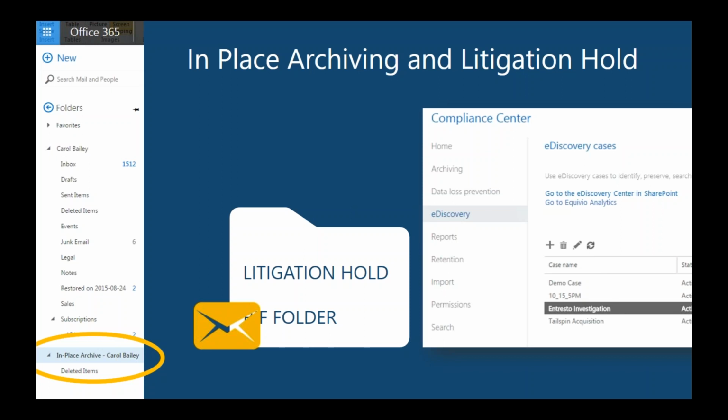And then from a search perspective, Office 365 gives you advanced e-discovery, which is a set of features for those with permissions to search across all of your Office 365 mailboxes, including these hidden RIF folders for those on litigation hold. And then layered on that, the integration of Equivio, which is this specialist search analytics software, bringing you features around e-discovery that perhaps your legal and HR teams are getting to grips with. So that's a high-level view of what's available now, and where our team come in is to help you figure out how to move from journaling into this new model, which brings us on to